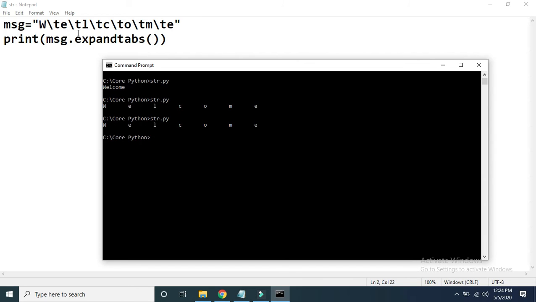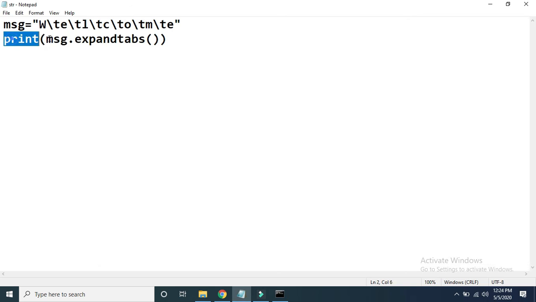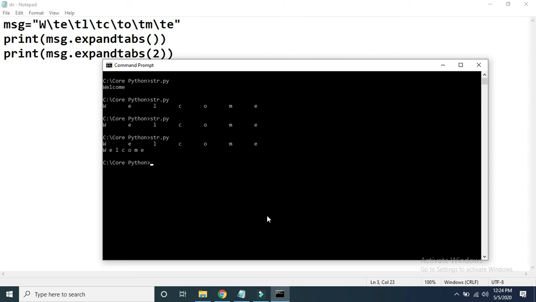Now what is the use of this expand tabs method is, it is used to change the count of space in between two characters if you are using \t. So initially what I said, by default it will just take 8 character space. Now here suppose I am just going to call this method once again, and here suppose I am passing 2. Now if you pass 2, then the default size of \t will change from 8 to 2. Means after every character it will just leave 2 spaces, and then it will just print next character. I want to show you output.